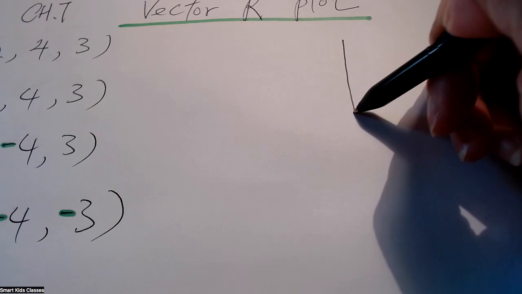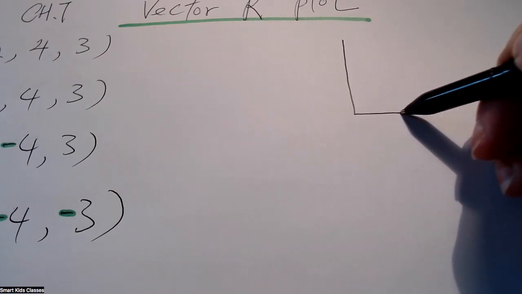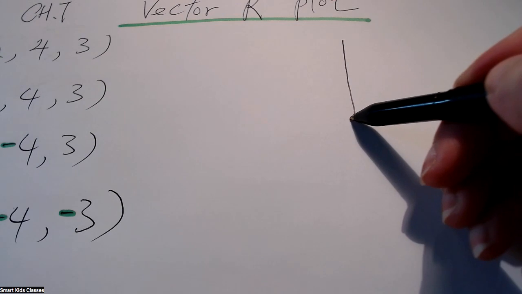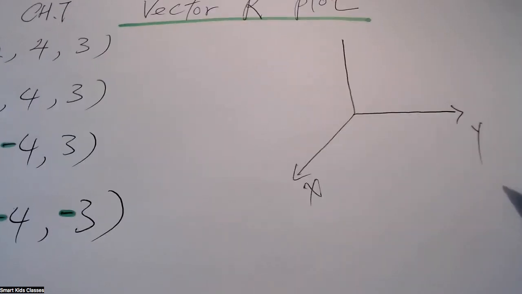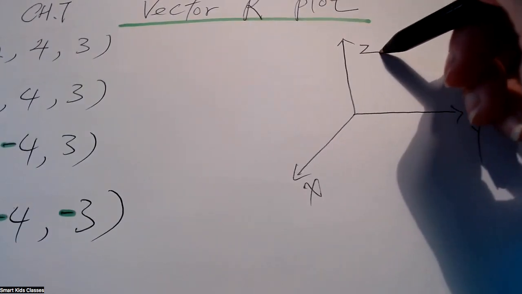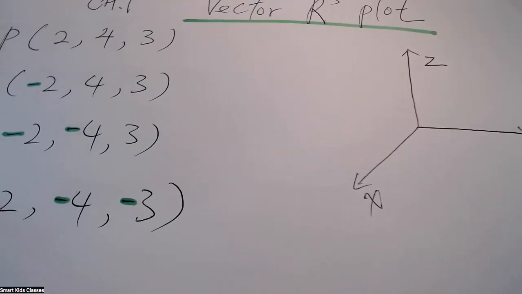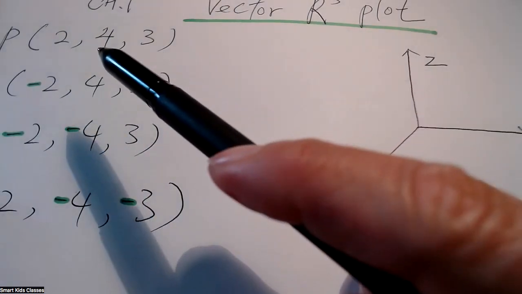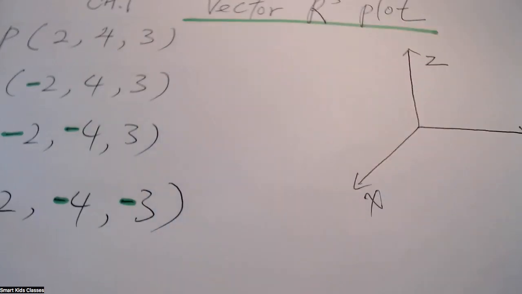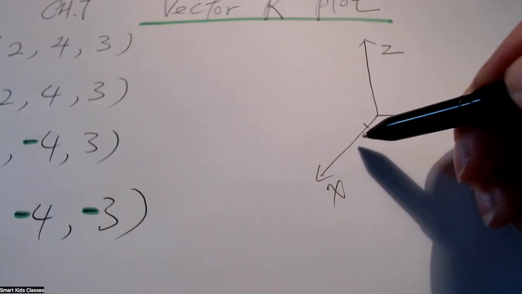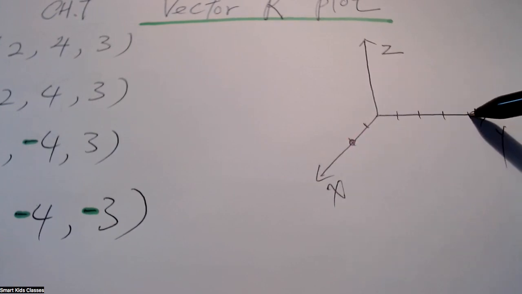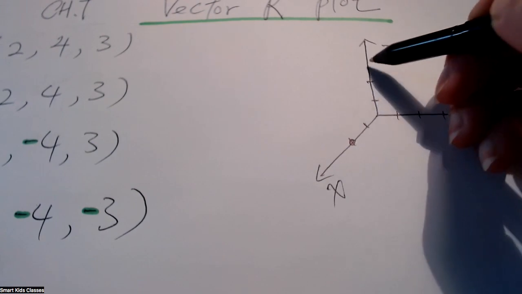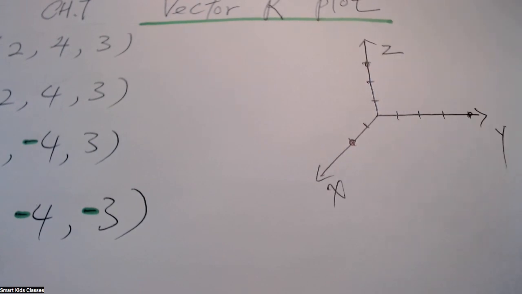Now I'm going to plot a z, a y, and an x, and label them. That's the x, that's the y, that's z. Now for the point P, (2, 4, 3), we're going to count 1, 2 on x, 1, 2, 3, 4 on y, and 1, 2, 3 on z. So from here, we plot the